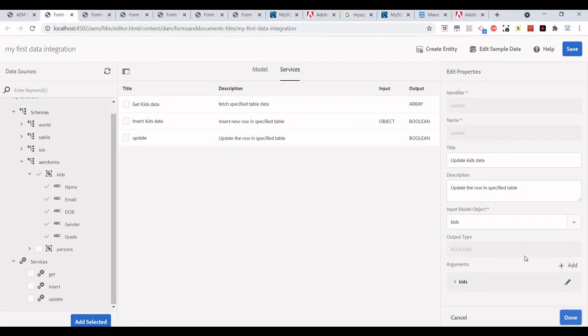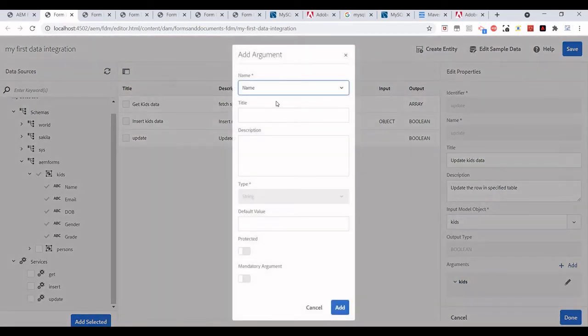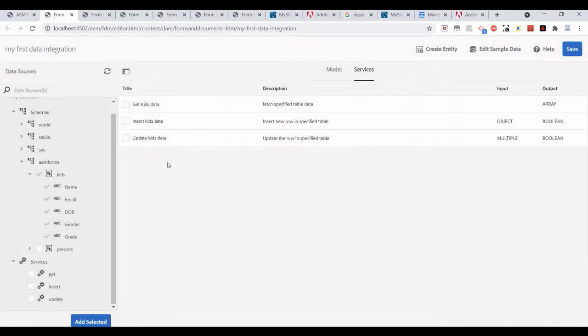Okay, we have to select the condition. Since we have not added a primary key in our table, but that's fine. For update, we need a condition basically on which row we want to update the data. That is fine.